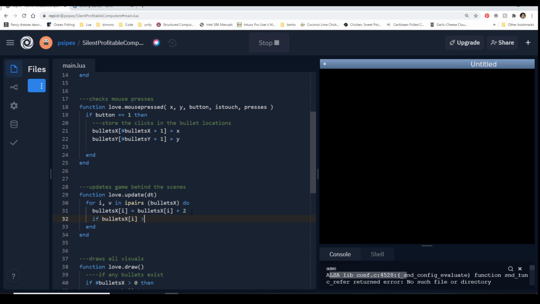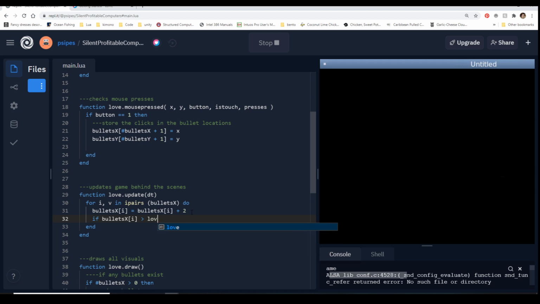Now, you may be tempted to just write 800 here because you know that the screen is 800 by 600. Unless you go in later down the line and you change your window parameters. Then you're boned because it's only going to delete when you get to 800. Instead, Love has a built-in function to get the width of your screen.